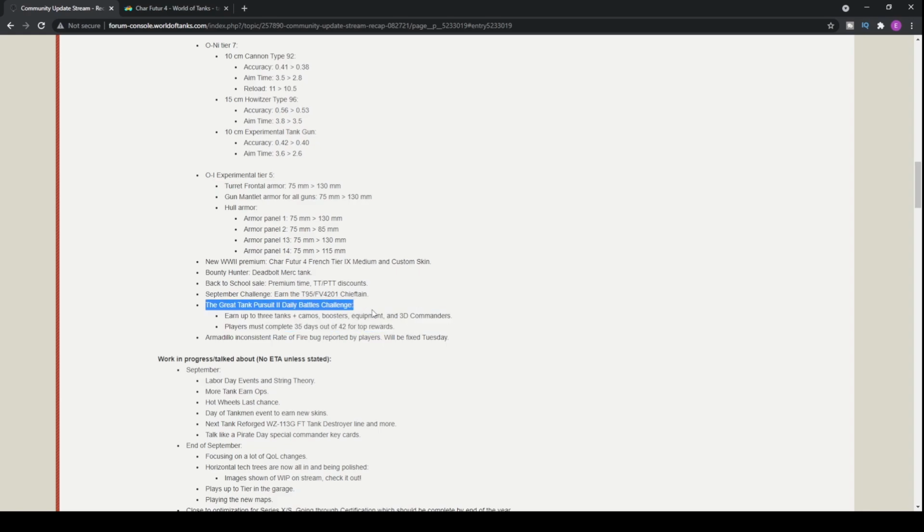But yeah. Next one is the Great Tank Pursuit 2 Daily Battles Challenge. Earn up to 3 tanks, camos, boosters, equipment, and 3D commanders. So, Great Tank Pursuit, as with the previous one that we had, it was the one where you had to play like 70 battles in, or players must complete 35 days out of 42 for top rewards. So this one goes on for 42 days, and you have to complete 35 to be able to get the top tank in the bundle, which of course I believe was the M60 last time. You also got the IS-6 and the T-92 light tank, which, yes, was actually pretty bad,